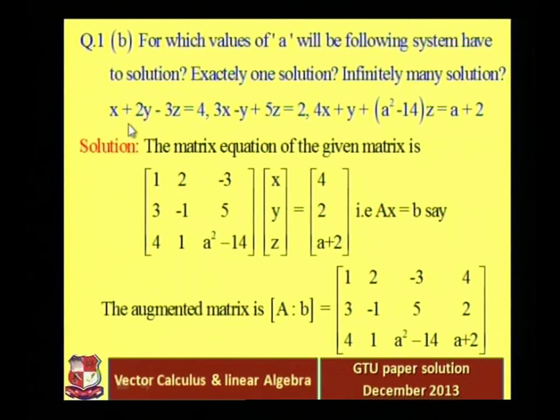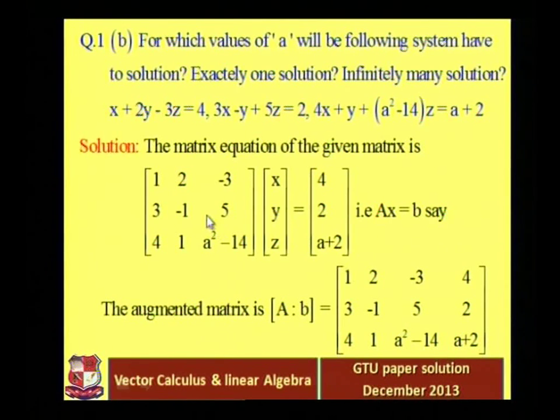So x plus 2y minus 3z is the first equation: x plus 2y minus 3z is equal to 4, and 3x minus y plus 5z is equal to 2, and this is the last equation, that is 4x plus y plus (a square minus 14) into z is equal to a plus 2. So the matrix equation of the given system is